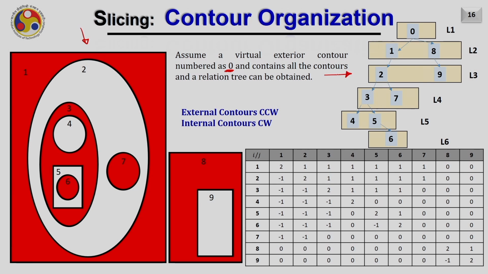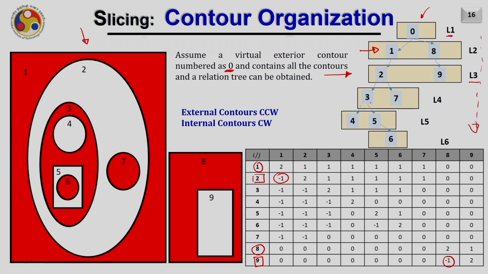This relationship tree shows at the top, that means level 1, contour 0, that is containing everything, and then we are dividing different levels based on the -1 occurring in the row. So we have seen that for contour 1 and 8 the -1 is not occurring at all, that means this is level 2. Then contours 2 and 9, -1 is occurring once, they are at level 3.